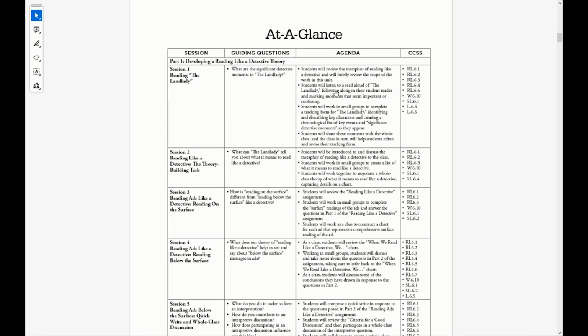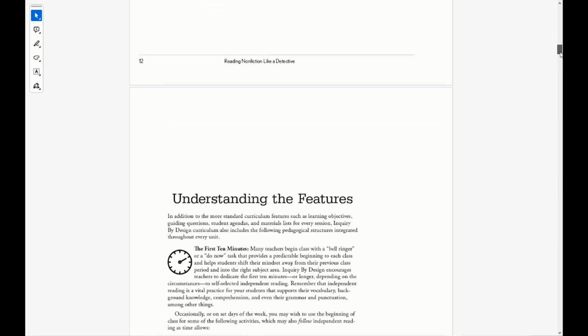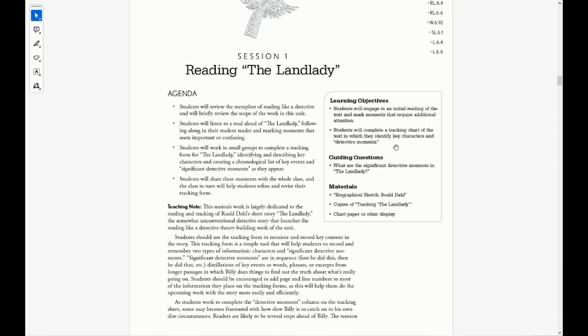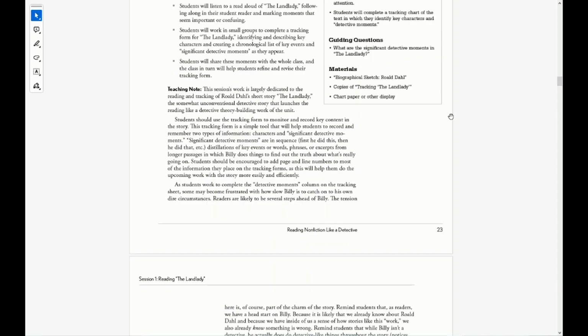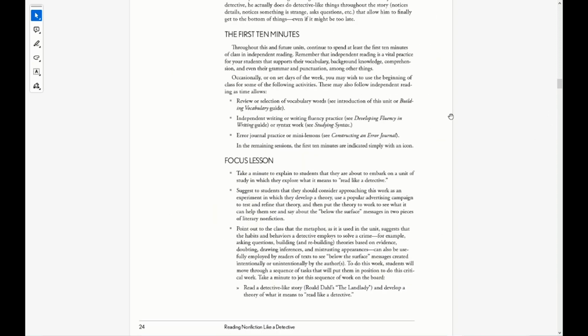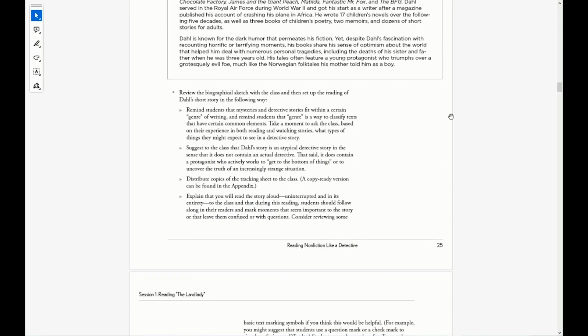These can give you a feel for the agenda of each session and the general guiding questions that you'll see going through each session. And then as we go down to the opening session of the unit, we jump right into The Landlady, like I was saying. In this session, we read the text with students, and they are specifically thinking about this idea of reading like a detective. And so we introduce that idea, we introduce the text,